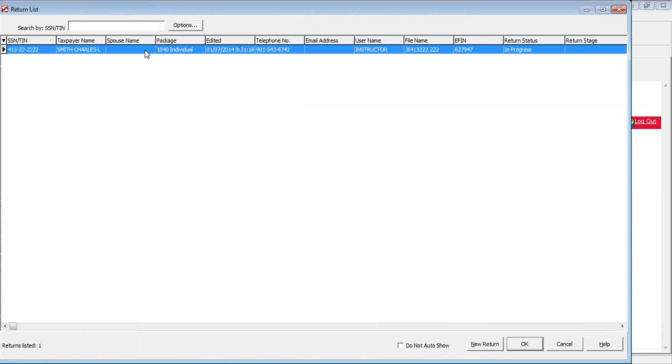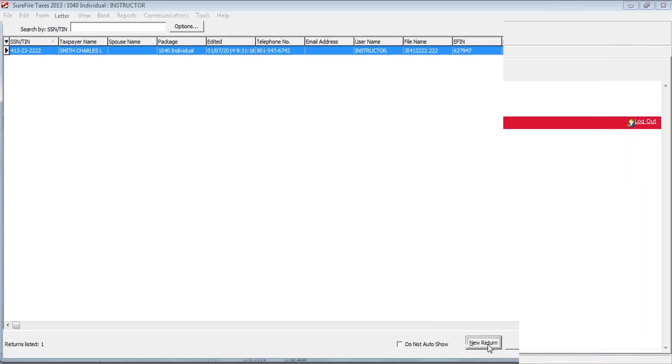And if you have a prior client in there, it'll let you know that person's social security number, their name, 1040 package, of course, what date it was put in on, telephone number, email address, username, etc. So we're going to go ahead and prepare a new return. So we select new return,